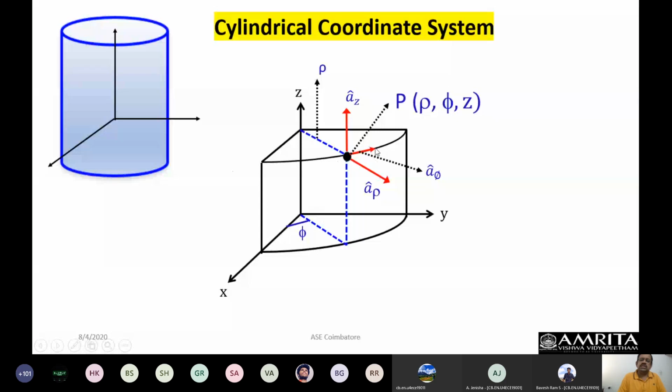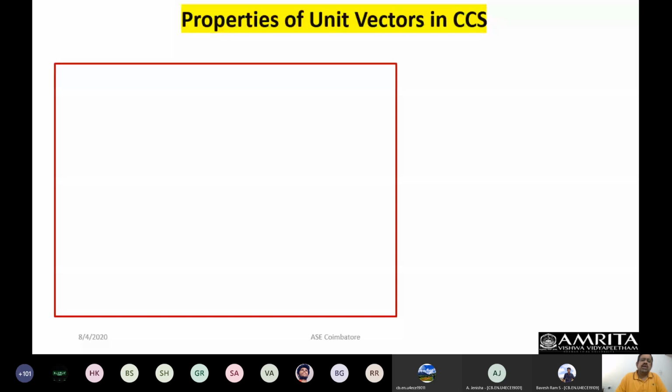So you see this increasing value of phi is going along this direction, but you can see the perpendicular nature of these three unit vectors. Obviously, the moment the unit vectors are perpendicular, we can invoke the dot product relationship. I will ask you to wait for a moment before we jump onto that. Let us first talk about point transformation. How do I visualize the same point in Cartesian coordinate system? If I have a Cartesian coordinate and I want to convert it into cylindrical coordinate, what is the relationship? That is called a transformation. Point transformation.